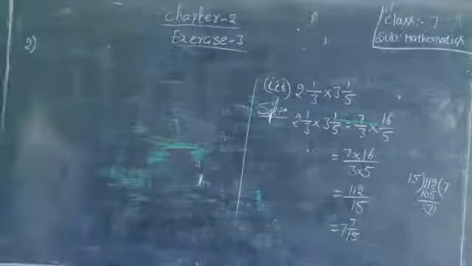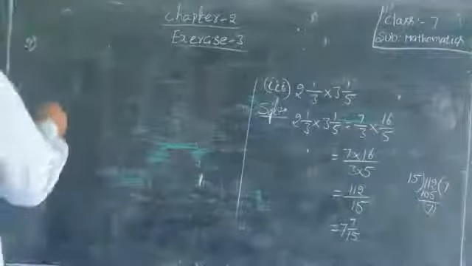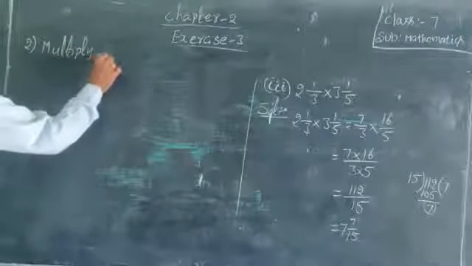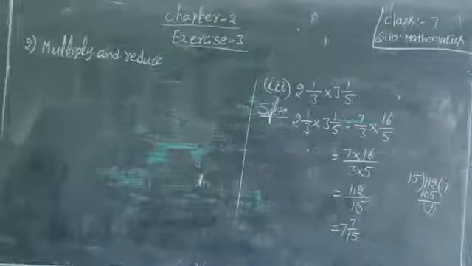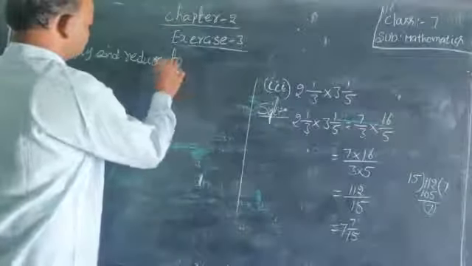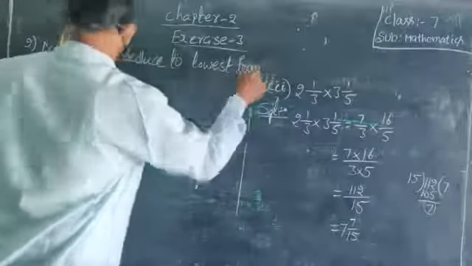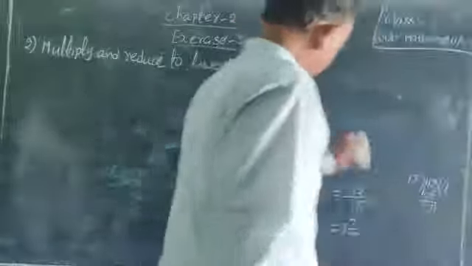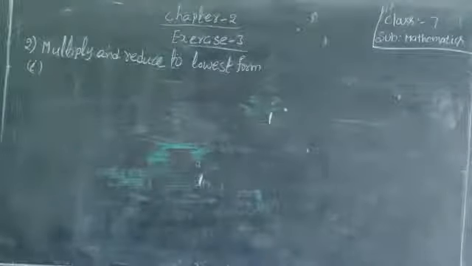Multiply and reduce to lowest form. Solution. First one, here, first one is 2 by 3